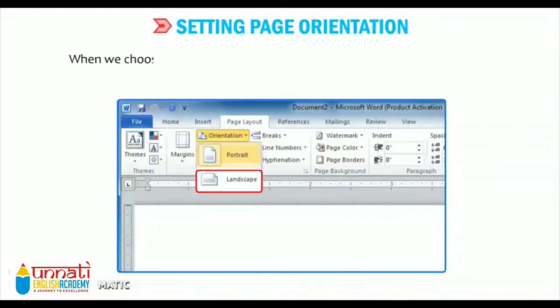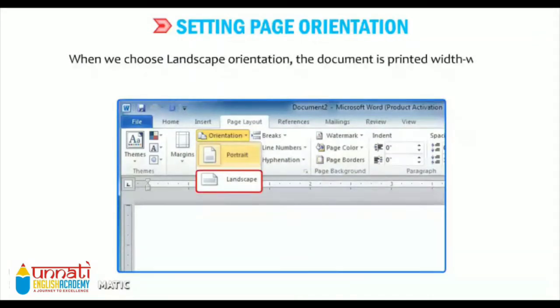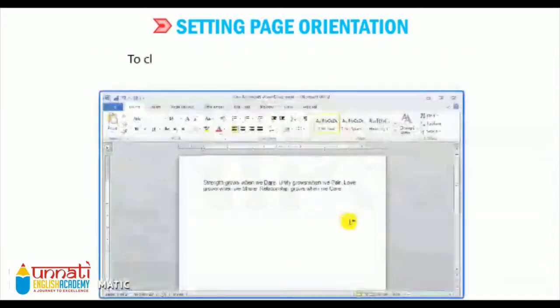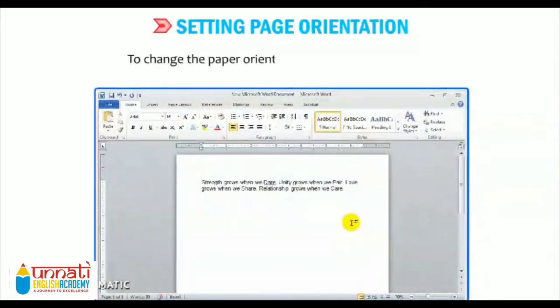When we choose landscape orientation, the document is printed widthwise. So remember, portrait means lengthwise, that is vertical, and landscape means widthwise, that is horizontal.